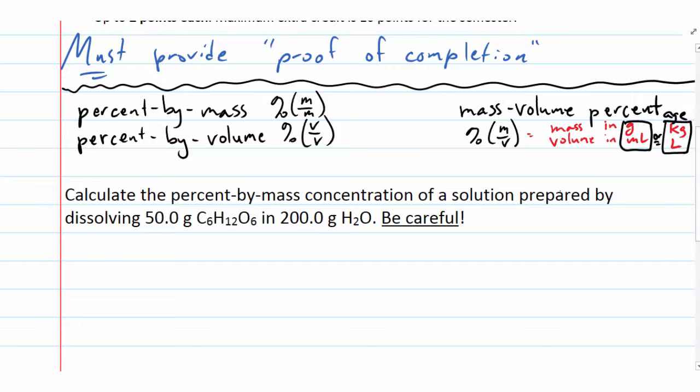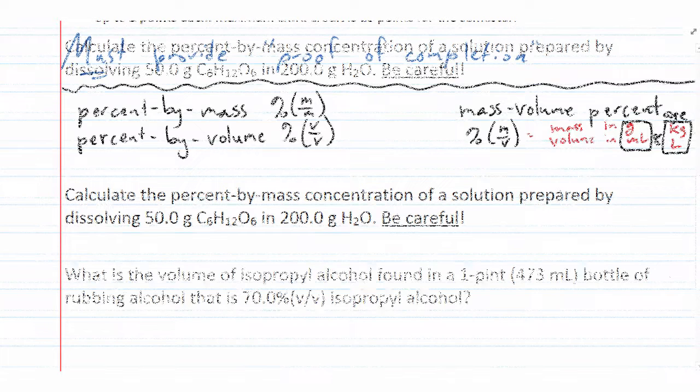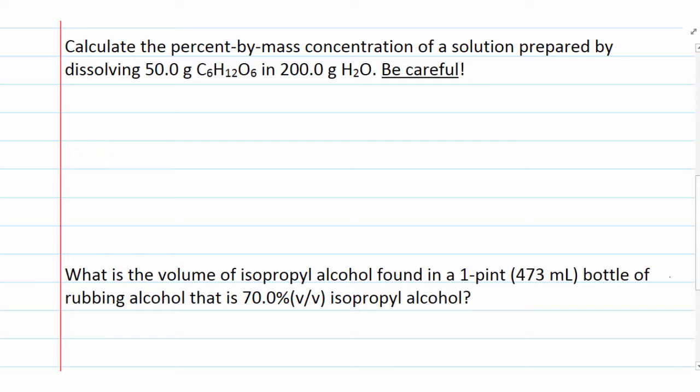The units on these here are much more flexible. You do a percent by mass, you just basically need the same mass units in the numerator and denominator. If you do volumes, you need the same volume units in the numerator and denominator. You can use any mass units, you can use any volume units for these, as long as the numerator and denominator have the same units. We'll give you till, let's say about 2:11, so it'll be about 4 minutes to go ahead and work